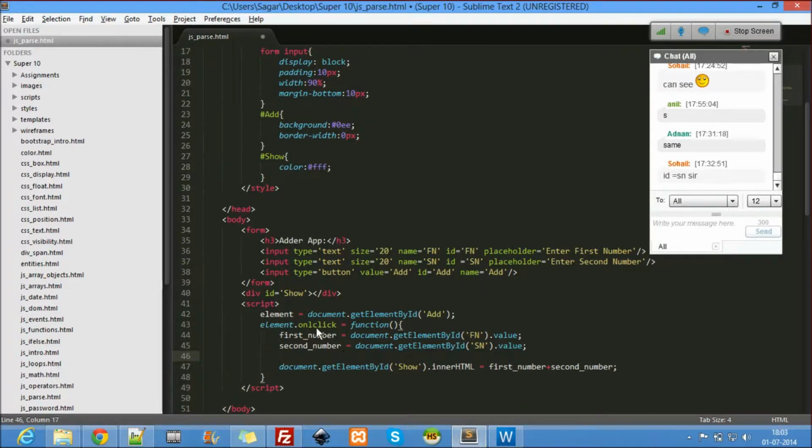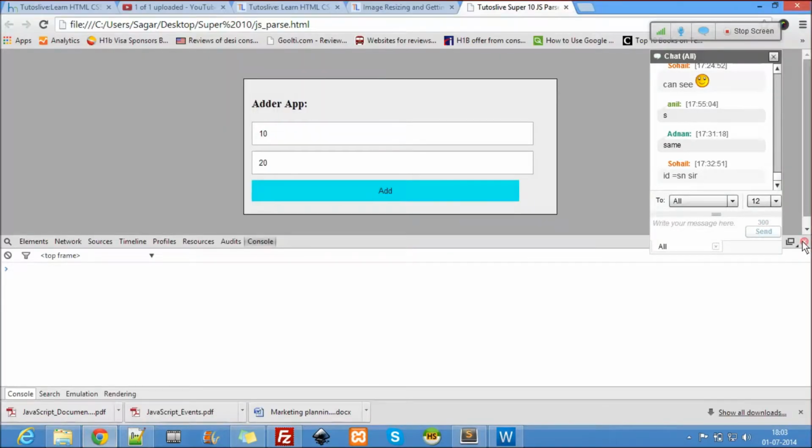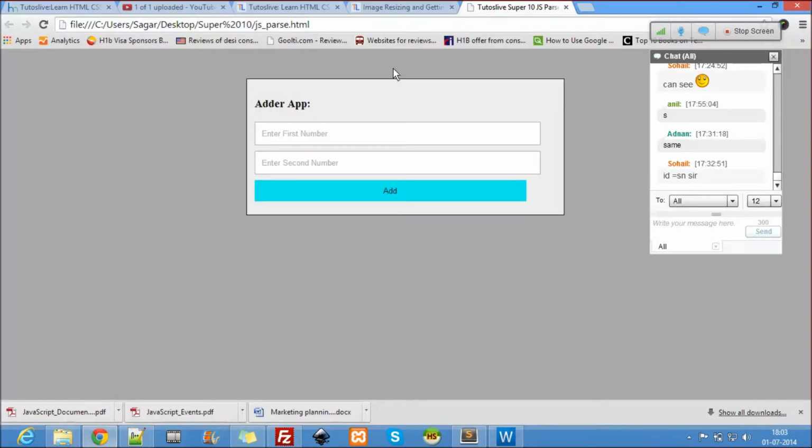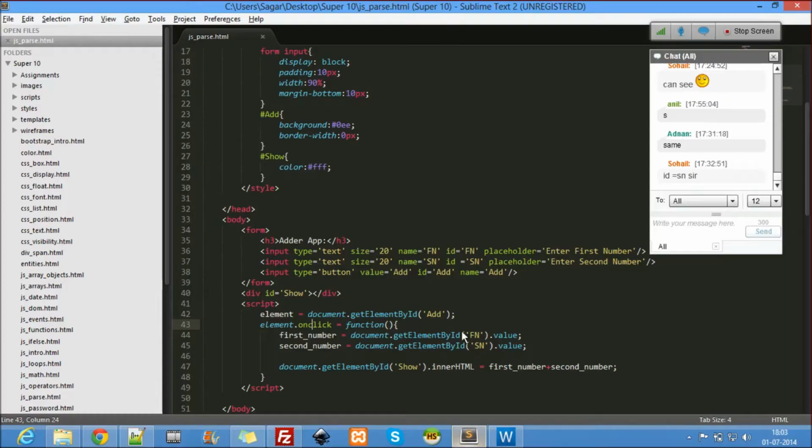Okay, the real problem is here. Now this will work. So what is the answer here? If I add 10 plus 20, what's the answer? You see it here? Let me just tweak something here.